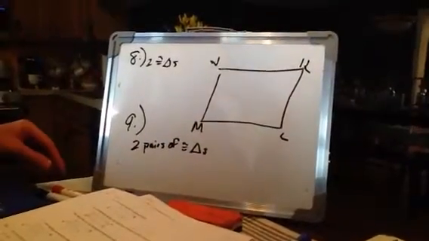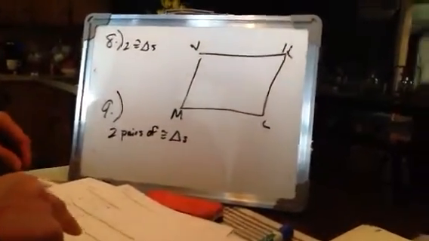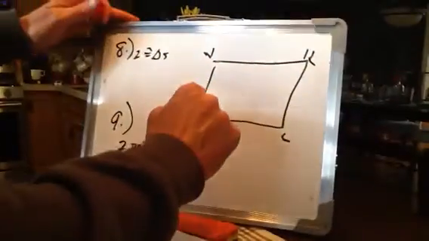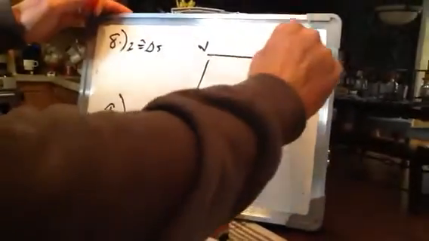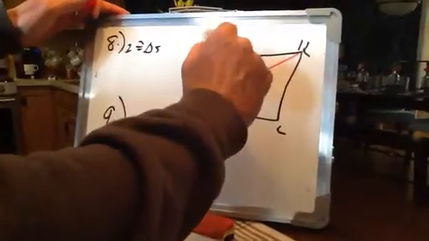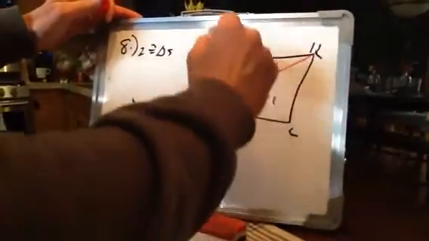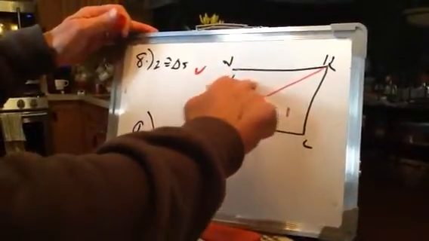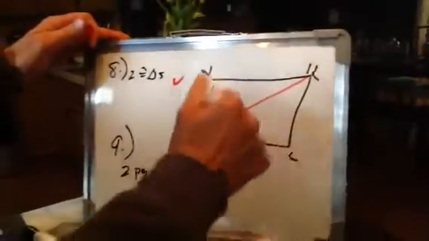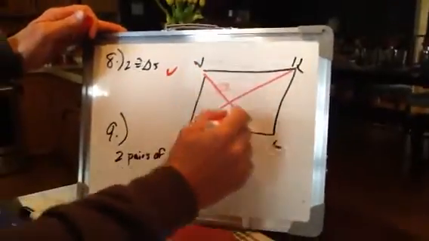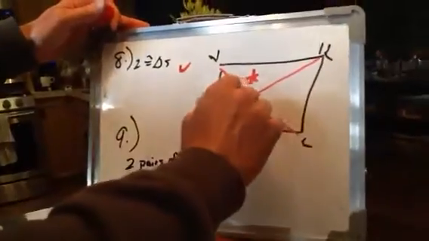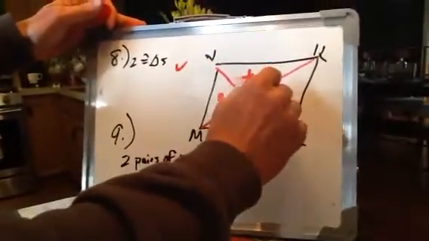All right, so here we are with number 8. Number 8 says the diagonal of a parallelogram separates it into two congruent triangles. So if we made a diagonal here, all we're saying is this triangle would be congruent to this triangle up here, 1 and 2. If we had another diagonal, two pairs of triangles, you okay? Then all we're saying is that this triangle is congruent to that triangle, and this triangle is congruent